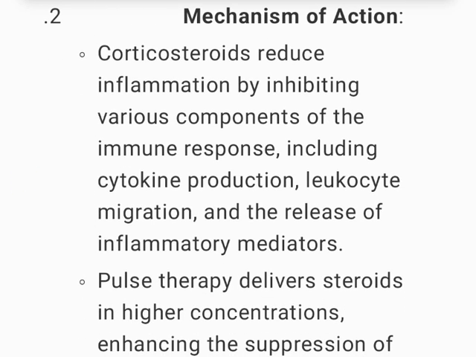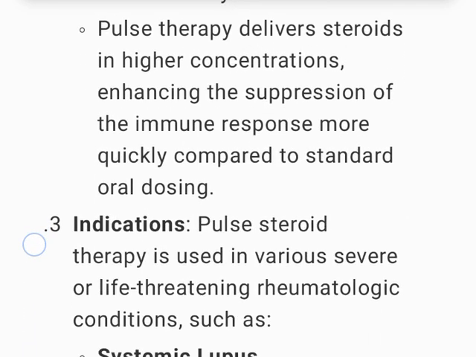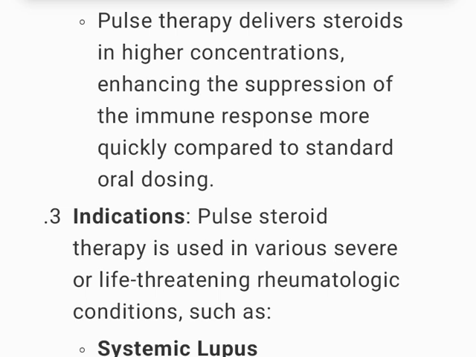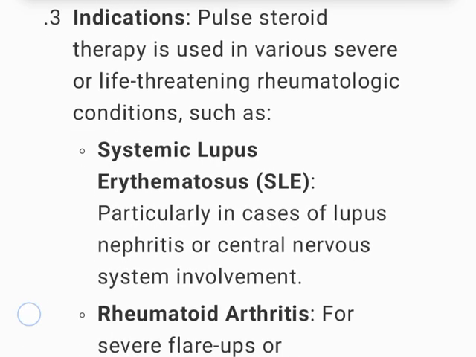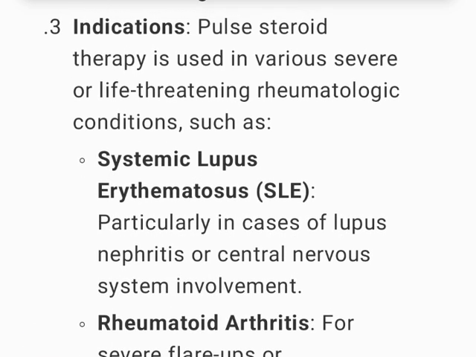2. Mechanism of action. Corticosteroids reduce inflammation by inhibiting various components of the immune response, including cytokine production, leukocyte migration, and the release of inflammatory mediators. Pulse therapy delivers steroids in higher concentrations, enhancing the suppression of the immune response more quickly compared to standard oral dosing. 3. Indications. Pulse steroid therapy is used in various severe or life-threatening rheumatologic conditions, such as systemic lupus erythematosus, SLE,